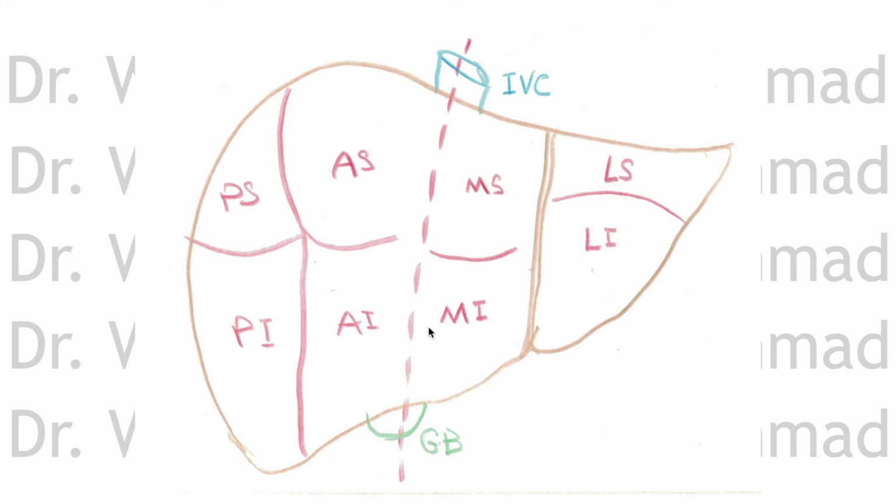See, the quadrate lobe and caudate lobe belong to the left side now, but the demarcation or the boundary between the right and left anatomical lobes is actually the falciform ligament at the front and the fissure for ligamentum teres at the back. This is what demarcates the anatomical lobes. So the physiological lobes are more important than the anatomical lobes, because these are the clinically important